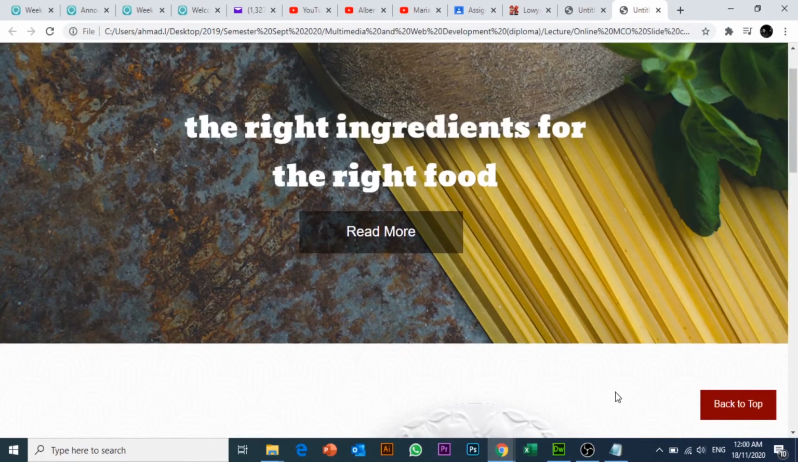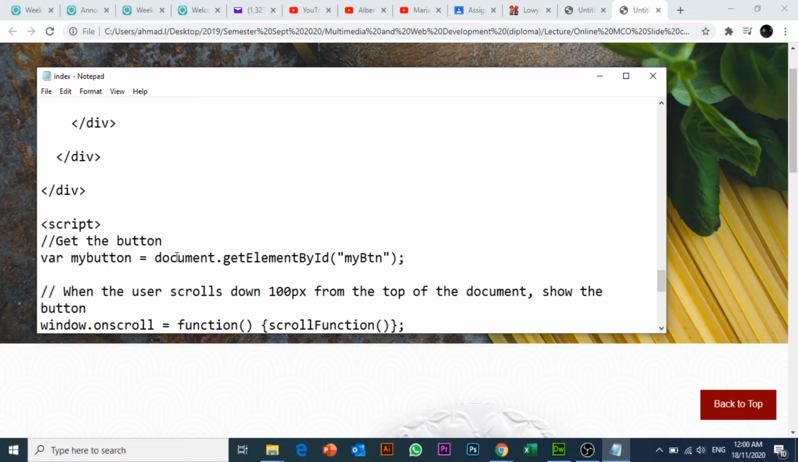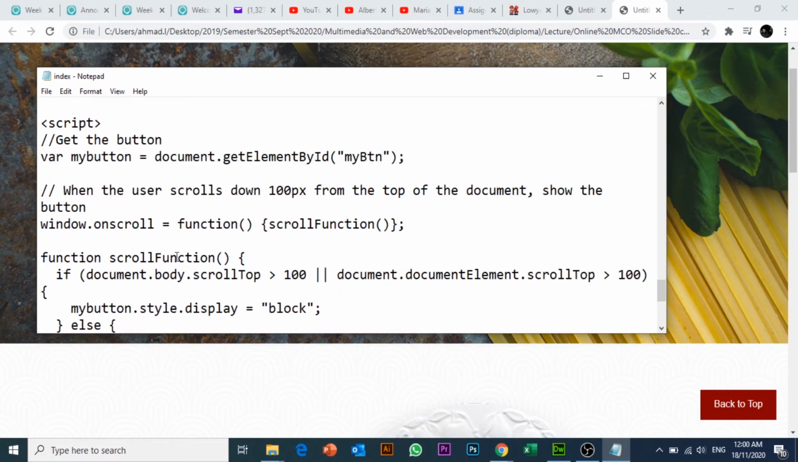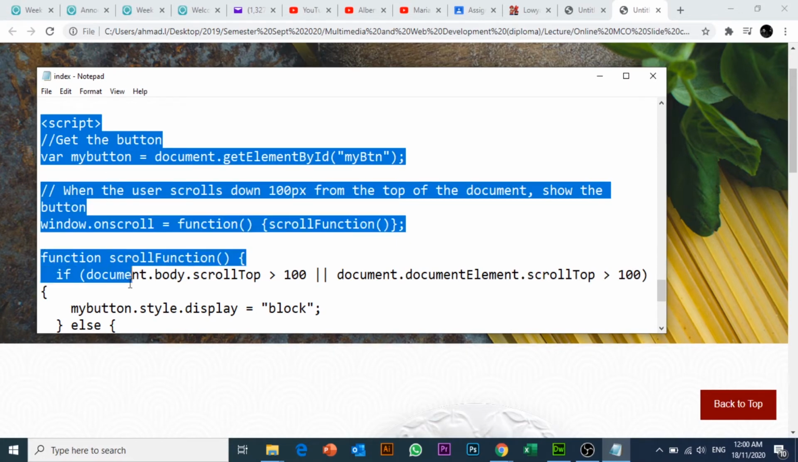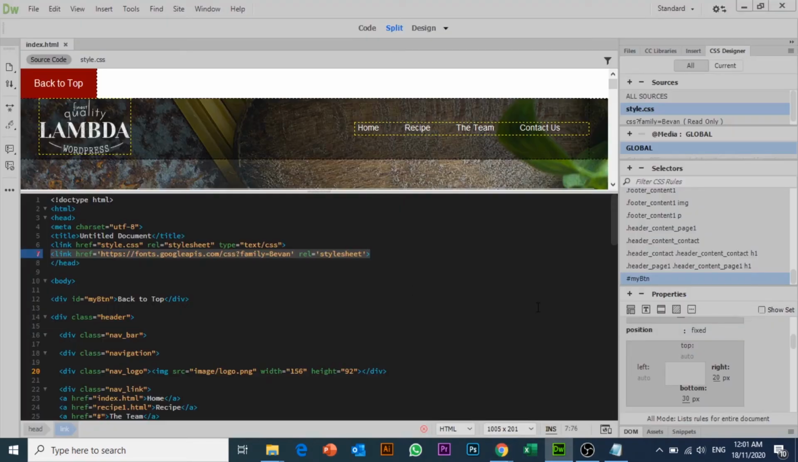To do that, what you need to do afterward is copy the script that has been given to you and place it at the bottom of your code. This is the script that has been given to you inside the notepad. Copy from this script over here until this script, Control C to copy. Go to your code over here